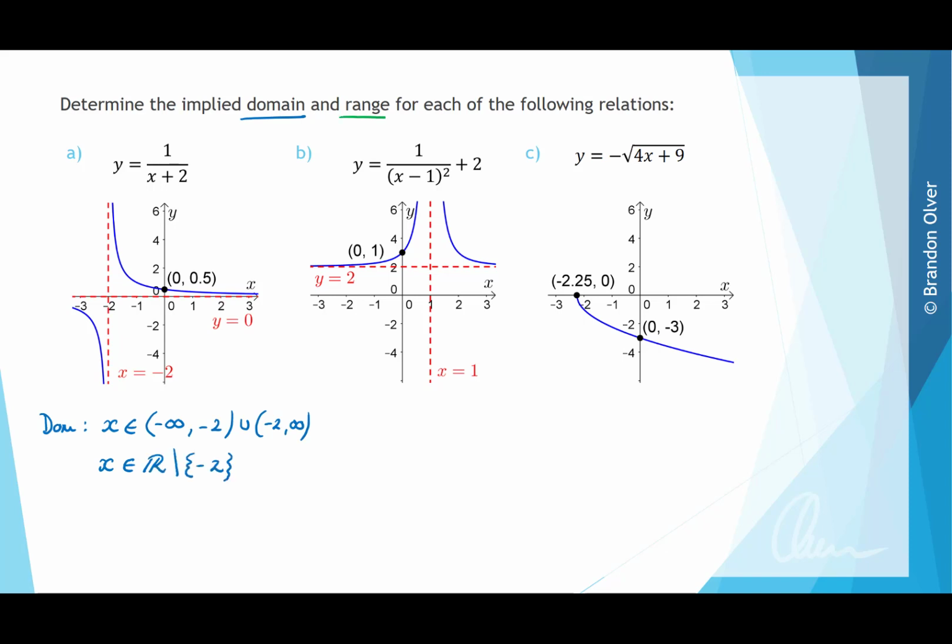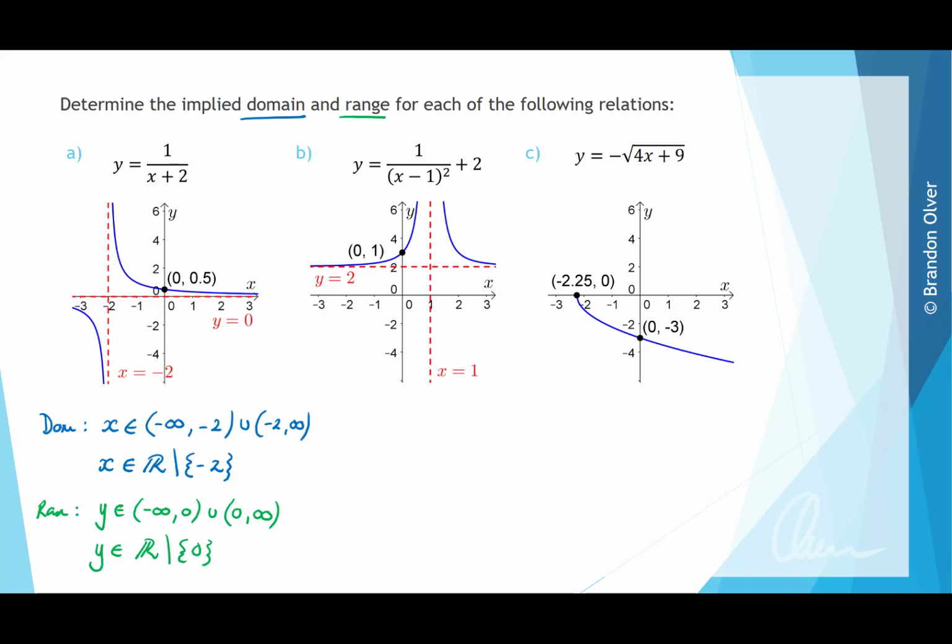Next, we want to look at the range. So the range of this same rule. So all y values come out of this rule excluding y equals 0. So we can write this as y is an element of -infinity to 0 not included, union with 0 to infinity. A more concise way of writing this might be y is an element of the real number system excluding